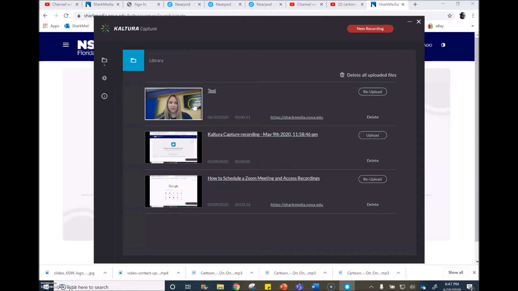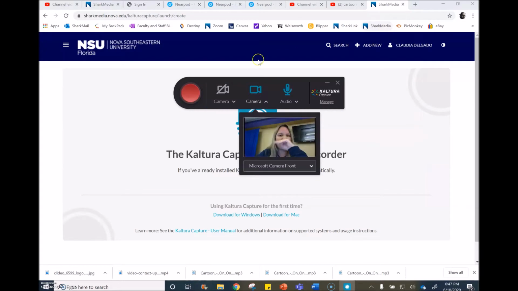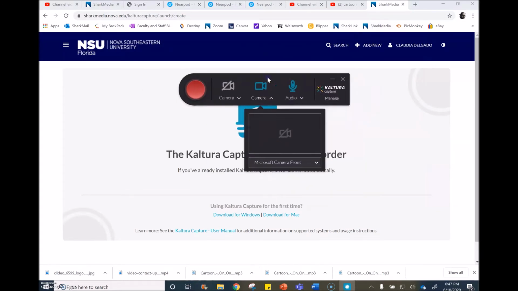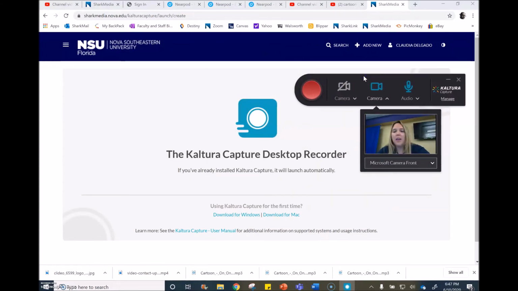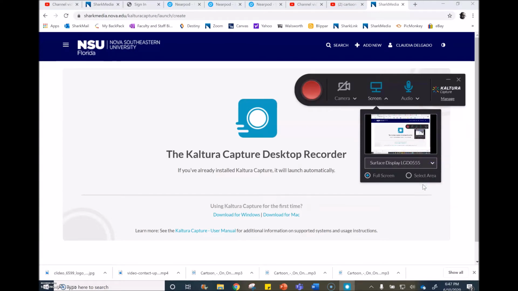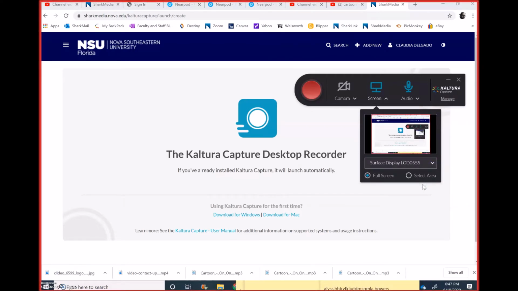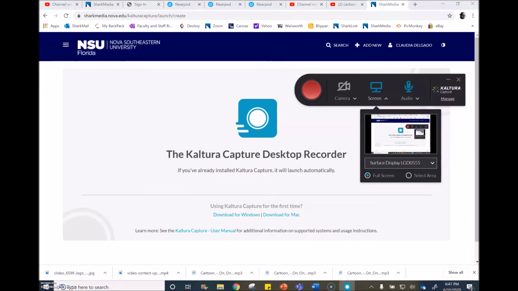Here there's a library of things that I've downloaded already or recorded, and if I wanted to make a new recording, I would click the red over here, new recording, and it'll look like this. You can move this around on your screen, you can move it out of the way. Here it shows my front camera. I can change it so that it shows surface display, and surface display would be what I'm looking at on my laptop. You can see that the box turned red,